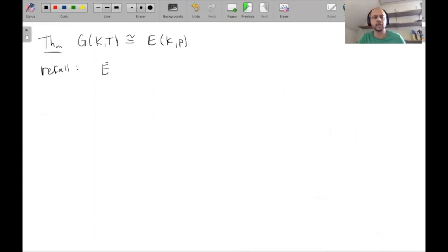EKP is edge paths that start and end at P. So P is V0. So let me write it like V0, Vi1 up to Vin, V0, up to equivalence